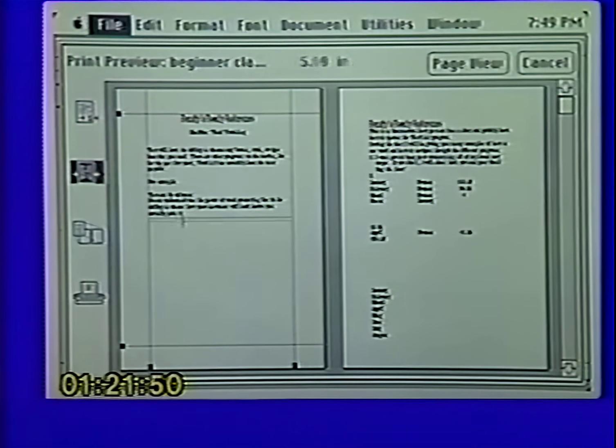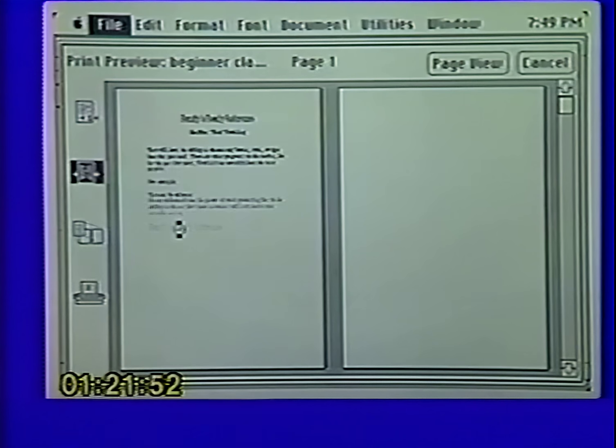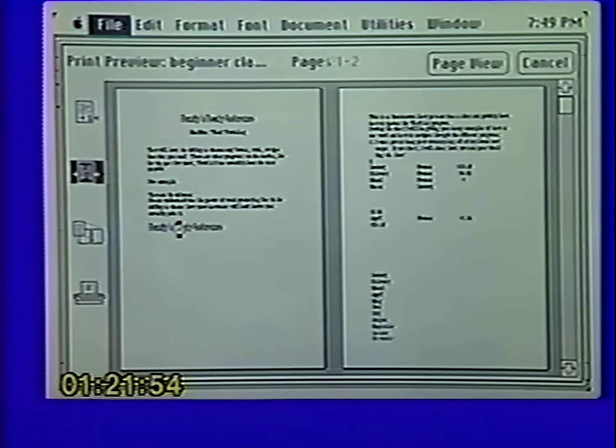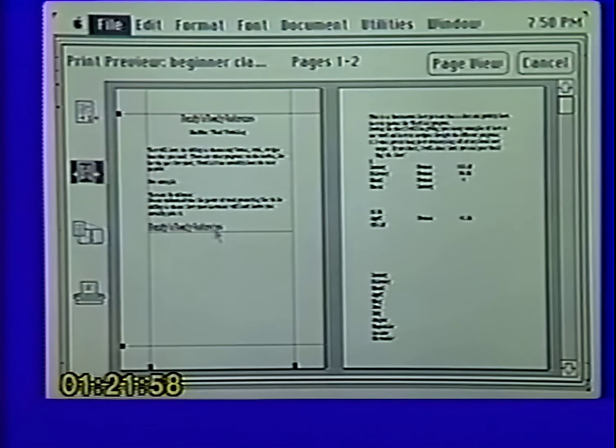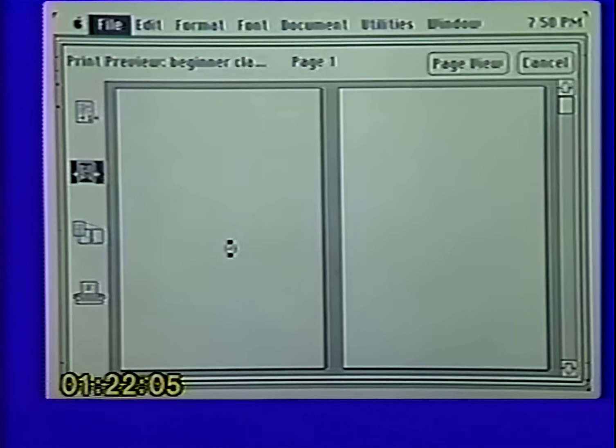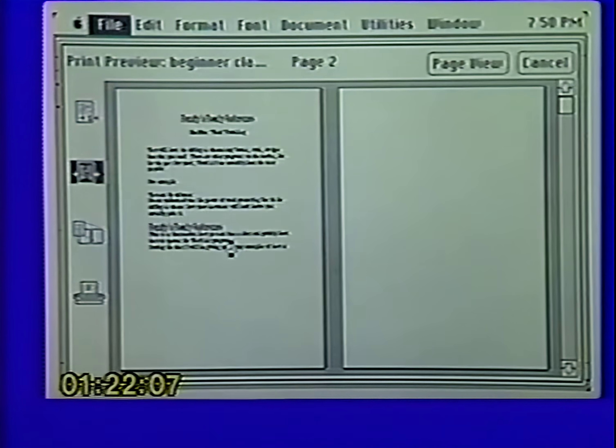Now, there are some other features on here, and one of them is that you can also change your page break right while you're in print preview. Now notice Randy's Ready Reference here used to be on page 2, and here was my page break, and I said, well, I really want my page break to be down here a ways. And so I can move that page break, and I can set this.